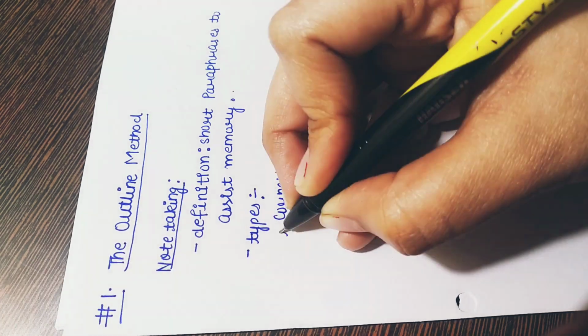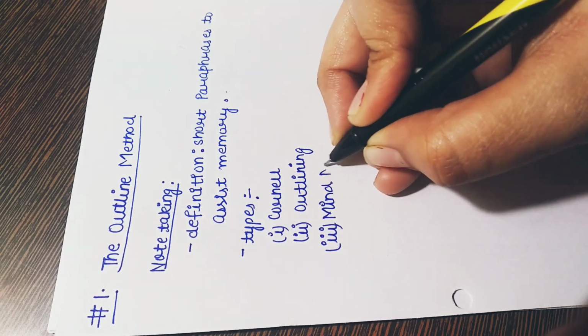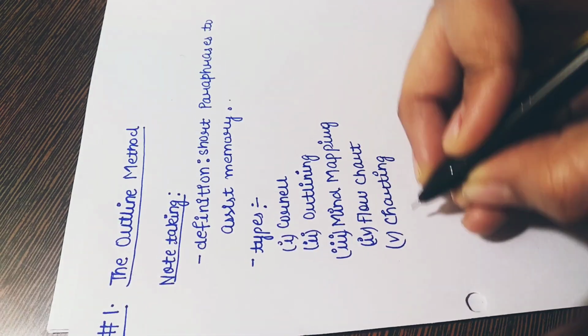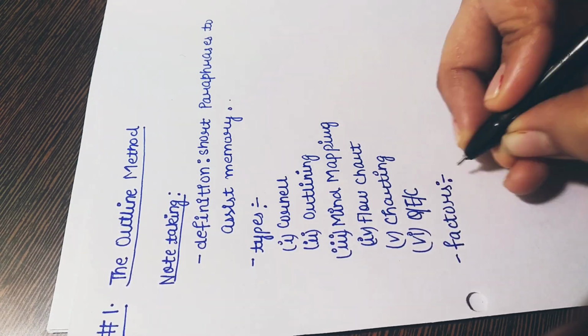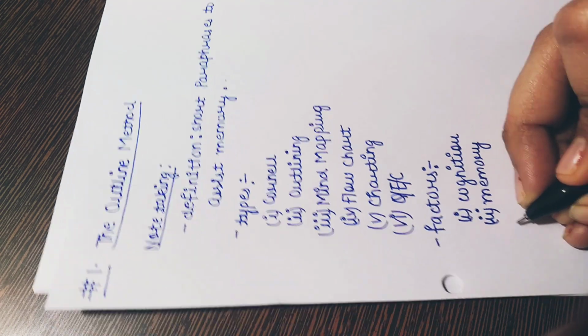In this method, we select the major key points from a chapter or a lesson, and under these key points, we write more in-depth subpoints based on what is being discussed on these topics. This method is the best in my opinion because it keeps your notes very organized and in a very attractive as well as easy to catch manner.